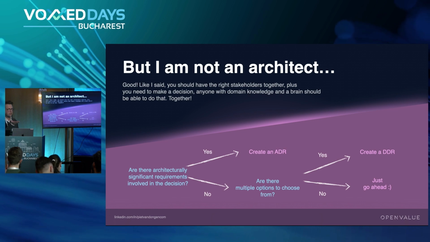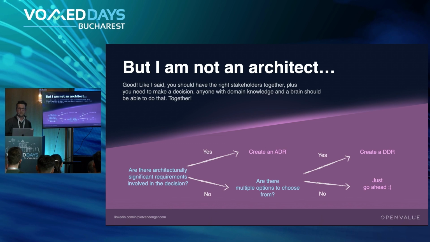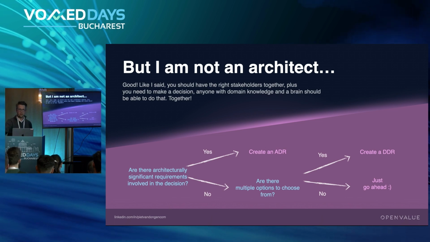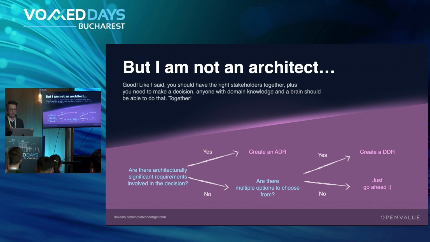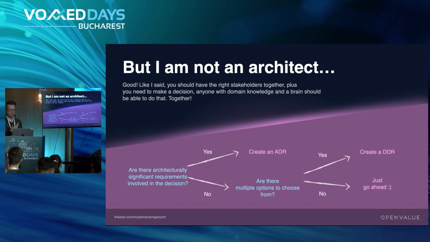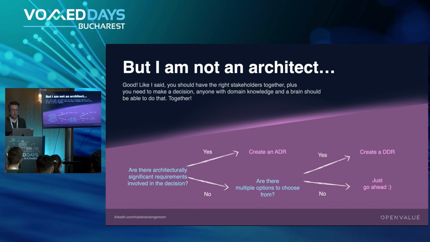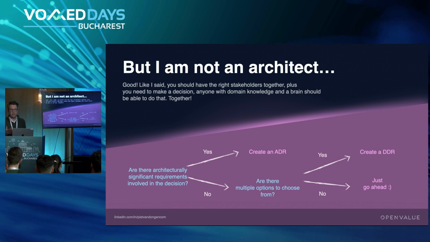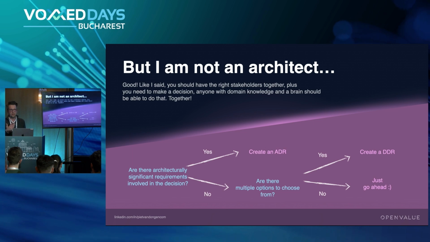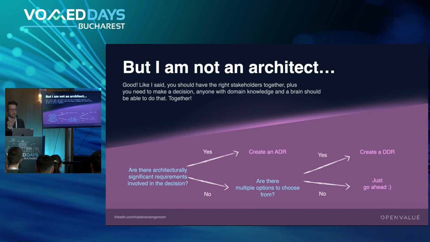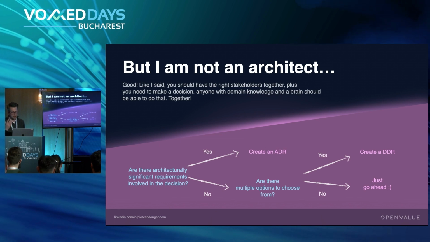Okay, what if you're not an architect? Because we saw there were like 2 architects in the room, but a lot of you did architectural work. That's fine, because like I said, you need to have a good stakeholder field, and it's not up to only architects to make decisions. You can also do lightweight ADRs, I call them DDRs, or technical decision documents. And if you don't need to choose between multiple options, you just have the one, or you already know this is the one, you don't need a discussion, then please don't make these documents, because that just slows you down. And you need to consider with your team, right? Just ask them, do you think we need to write this down, or do you think we're fine? Okay, if you're fine, then don't write it down.